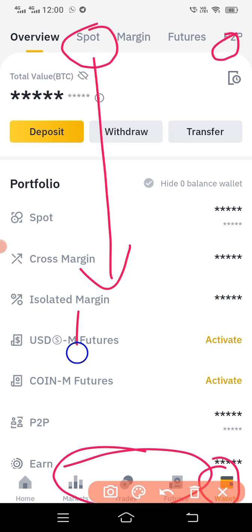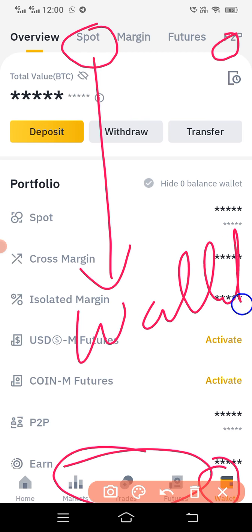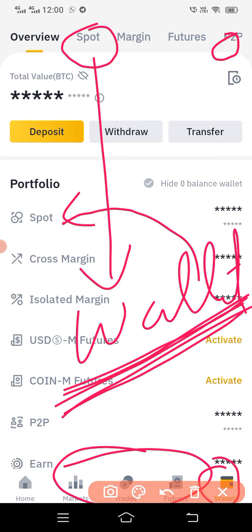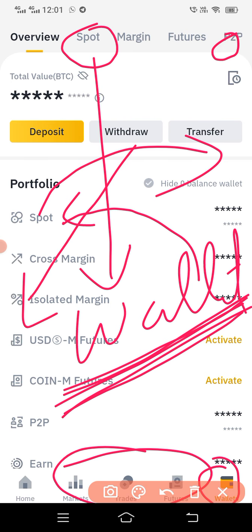Spot means my wallet, where from person to person, peer to peer. That means I took it, then I have to transfer it to spot, then I have to send it to my Trust Wallet, whatever wallets you have, like WazirX, ZebPay. You can send and activate whatever programs or blockchain technologies you can transfer there.